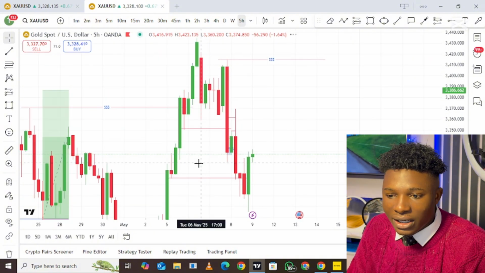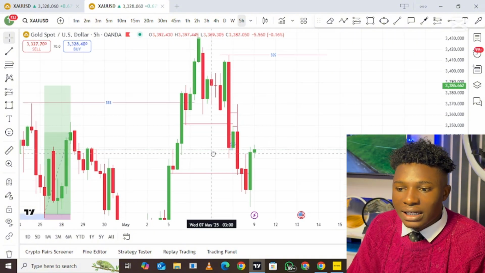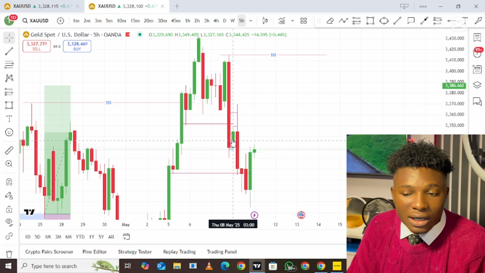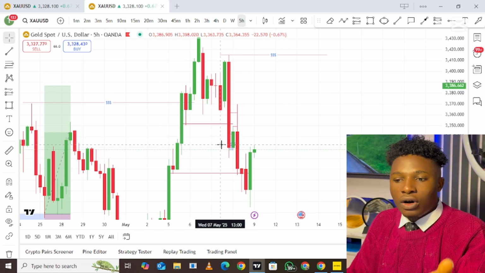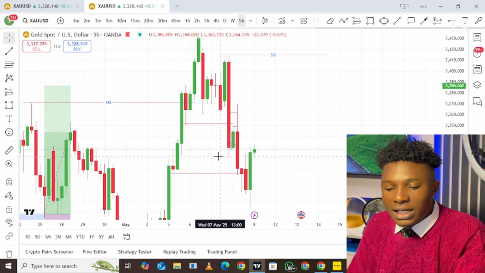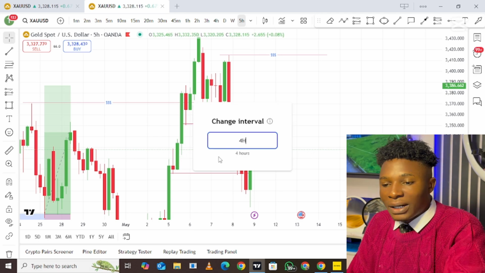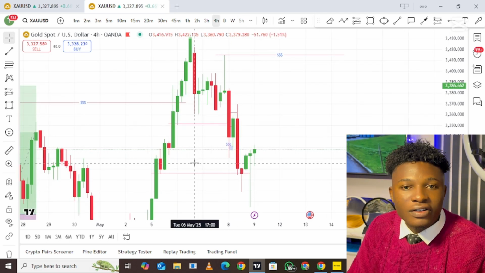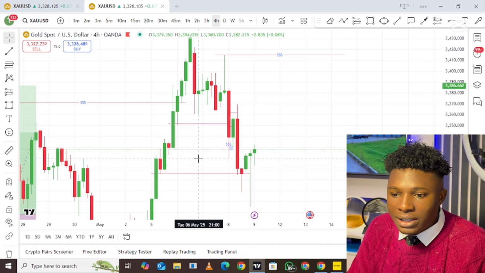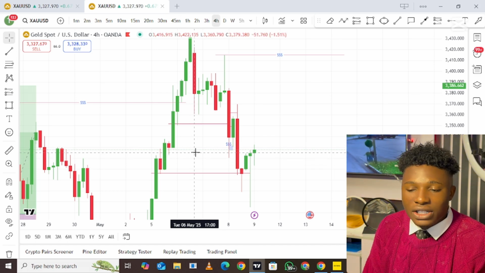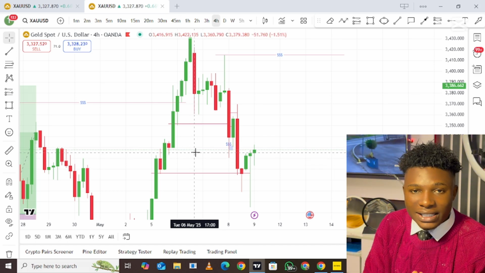This 5-hour time frame right now, and then after that, price ended up giving a bullish candle. And then on the 4-hour time frame, I was able to say, okay, this is what price is about to do. That's the reason why I made it a 4-hour time frame. Can you see? It's all about you understanding your market structure and then understanding what price is actually doing.